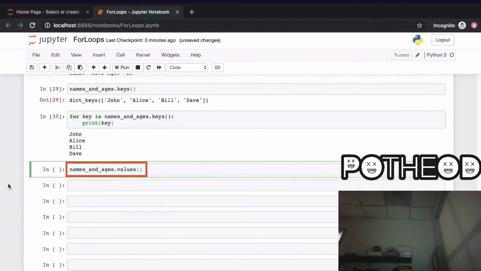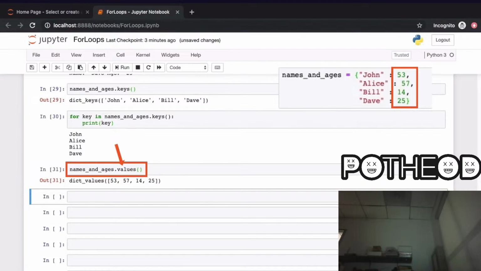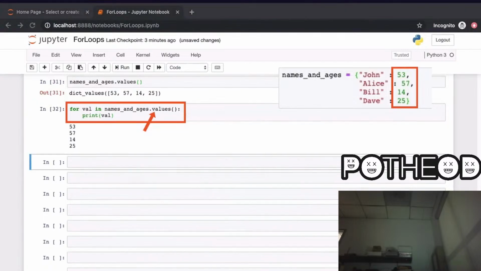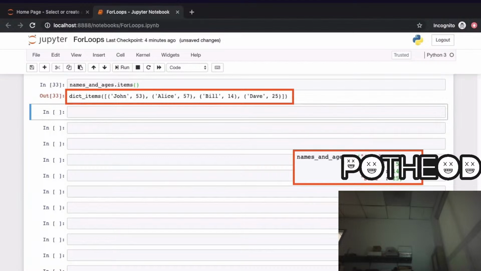Dictionaries in Python have a function called values, which give you access to all of the values in your dictionary. And you can use a for loop to iterate over the values of your dictionary using the values function as well. The items function on a Python dictionary returns the key value pairs within your dictionary in the form of